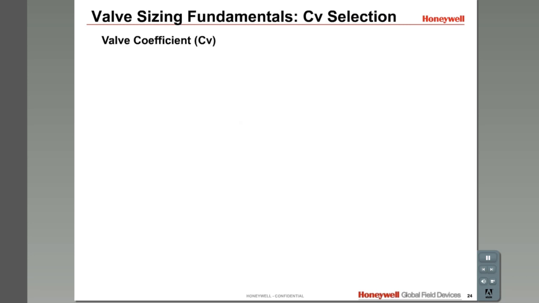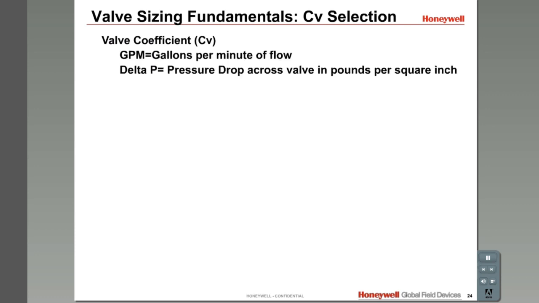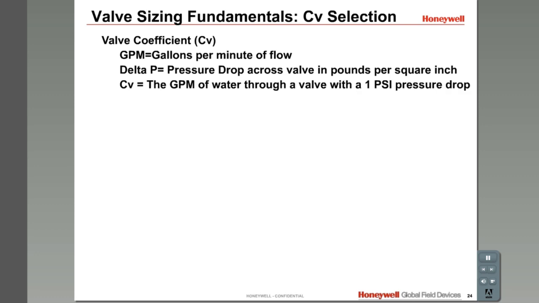CV stands for valve coefficient and is needed to select the proper valve. In order to size a valve, we need to know the GPM and the pressure drop. GPM is the flow of water in gallons per minute. Pressure drop is caused by resistance to flow and is measured in pounds per square inch, or PSI, and is often referred to as delta P. CV is a measure of the resistance to flow created by the valve. CV is the flow of water in gallons per minute with a pressure drop across the valve of 1 pound